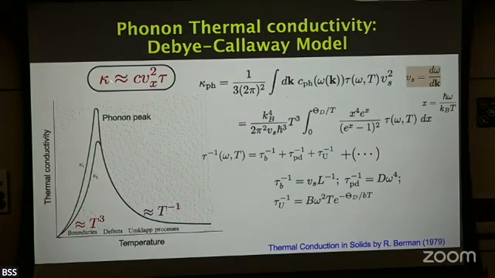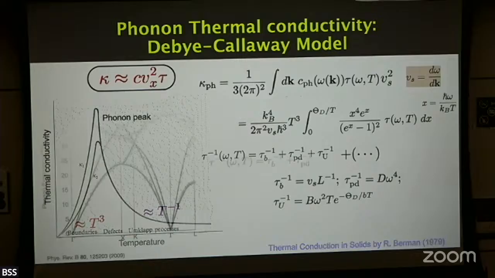And if you calculate the phonon conductivity for a very clean crystal, it usually has a T cubed dependence at low temperature, and then at high temperature it goes down as T inverse. Then you will have a phonon peak. The peak's location is not arbitrary. You can think of it this way: the conductivity increases because the heat capacity is increasing. And then once you go past the peak, the scattering effect takes over. And then eventually it flattens out at very high temperature, okay?